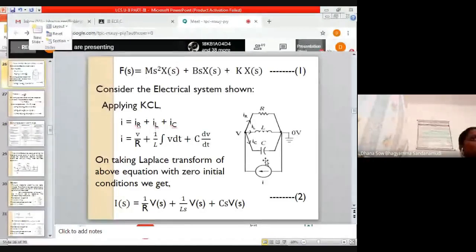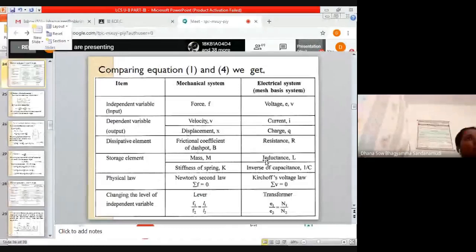And we have seen the analogy between the mechanical terms and the electrical terms. Since there are two sources in electrical system, one is current source and the other is voltage source, we are comparing the mechanical translation system with the electrical system whose source is voltage, and with the electrical system whose source is current. So first we are going for the electrical system whose source is voltage, which means we will compare with the mesh equations. Okay, the force balance equations with the mesh equation, Kirchhoff's voltage law equations.